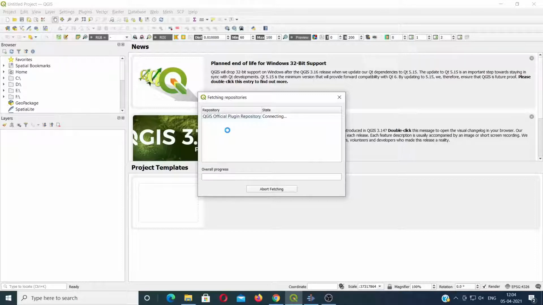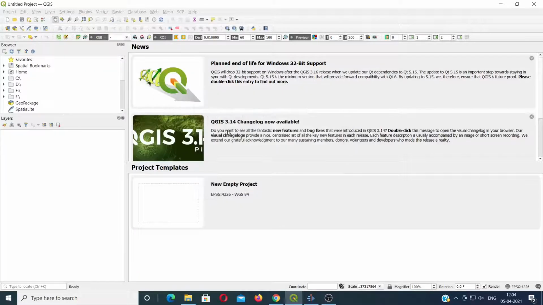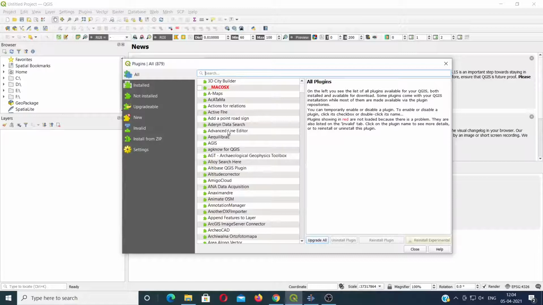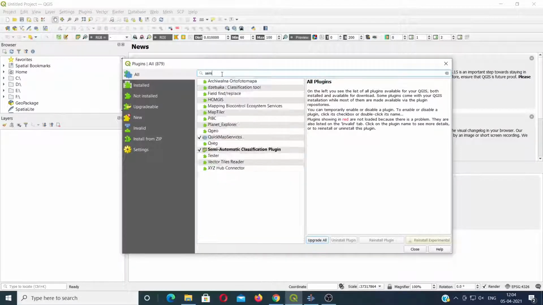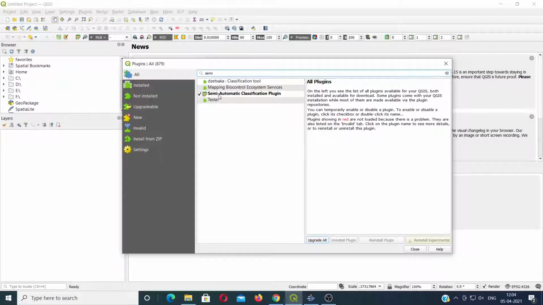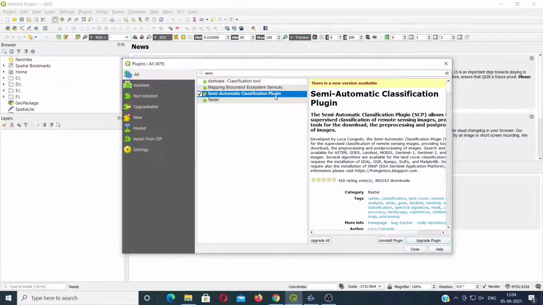The main thing about the semi-automatic classification plugin is that it can be called into the QGIS window, and you can collect various signatures on the satellite data, analyze your entire imagery with respect to that, and classify the output. If I type semi-automatic, you can see the semi-automatic classification plugin.